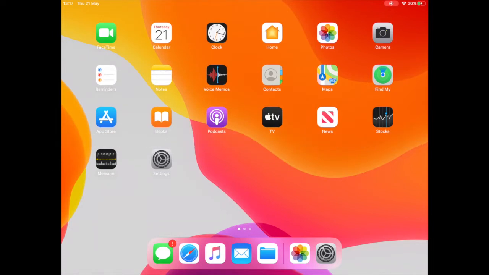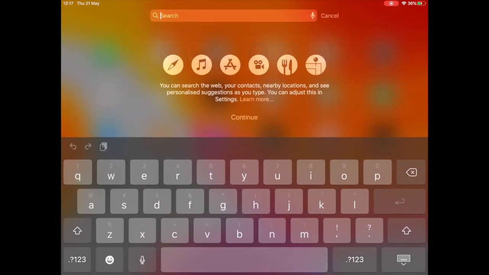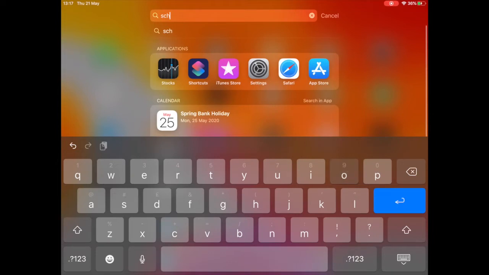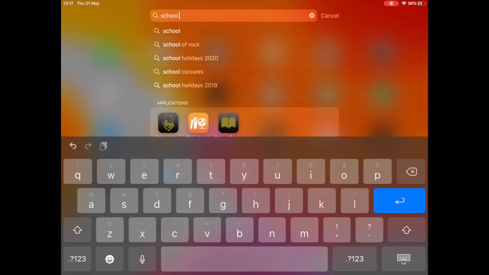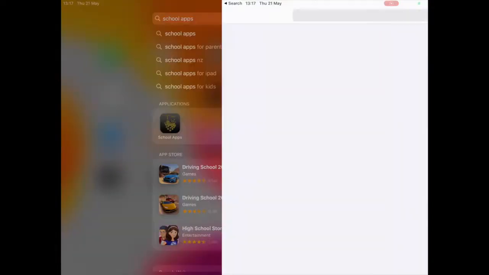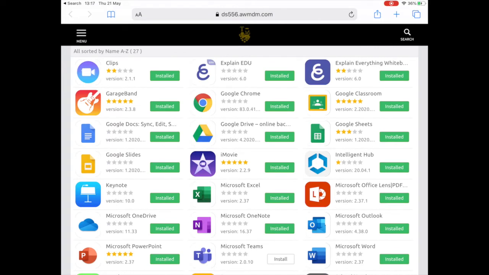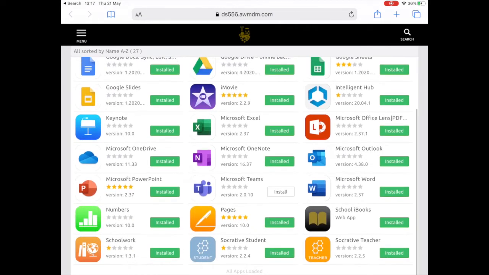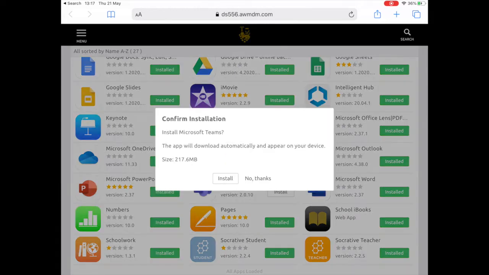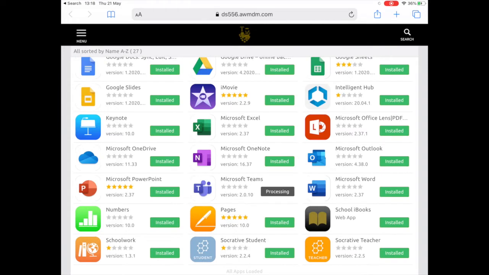Right, to install Teams, what you want to do is open up the school apps. So put your finger on the screen, pull down, type in school apps, and there you will see it there. Allow it to open, navigate to Teams, so there it is halfway down. Press the install button. Press install,